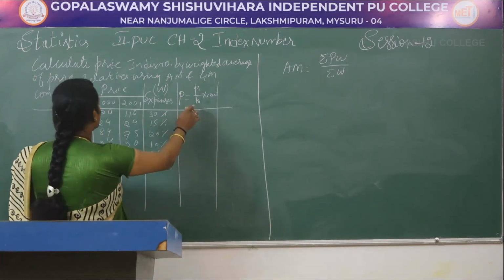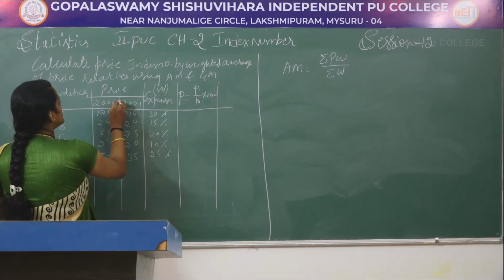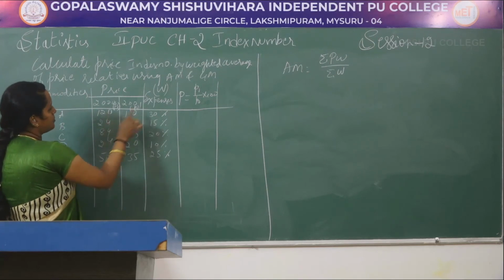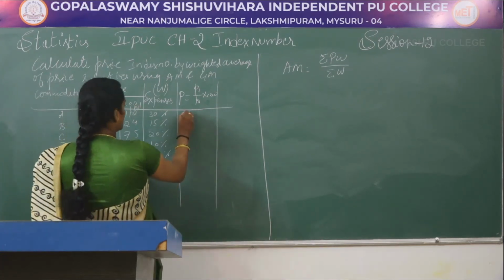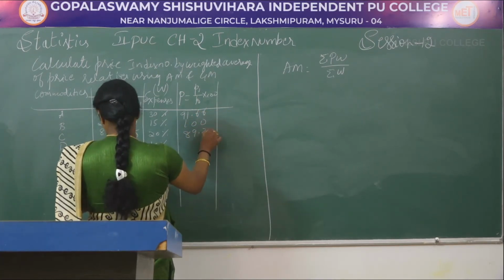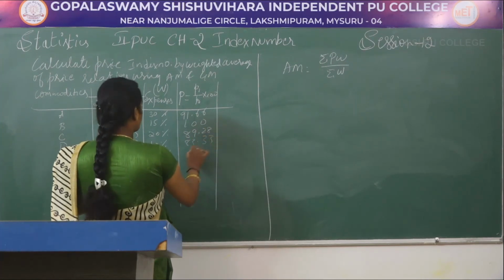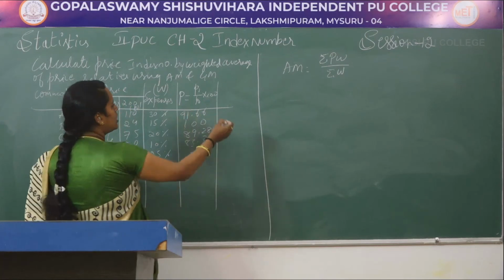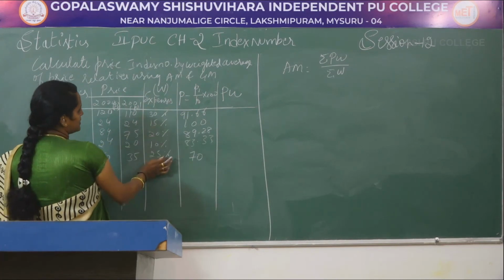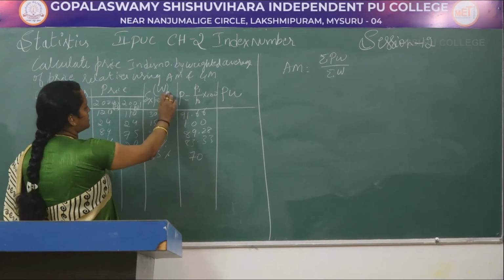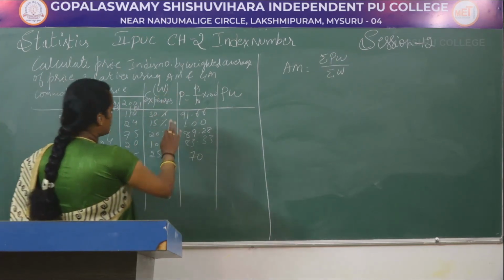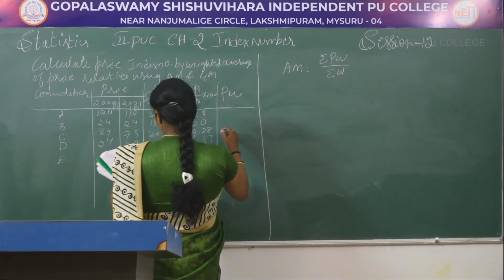So, capital P is price P1 by P0, this 2000 price is P0 and this is our P1. Take the ratio of these two, P1 by P0 into 100. So, the values are 91.66, 100, 89.28, 83.33 and 70. Next we want P into W, that is price relative column multiplied by expenses. That expenses we have denoted as W. Don't consider the percentages, you just multiply the numbers with this P value, don't convert that to percentage.